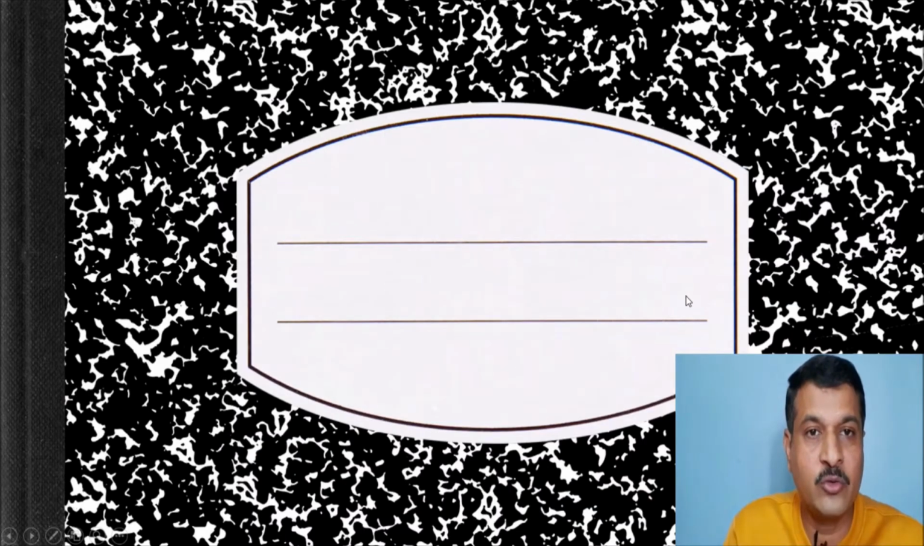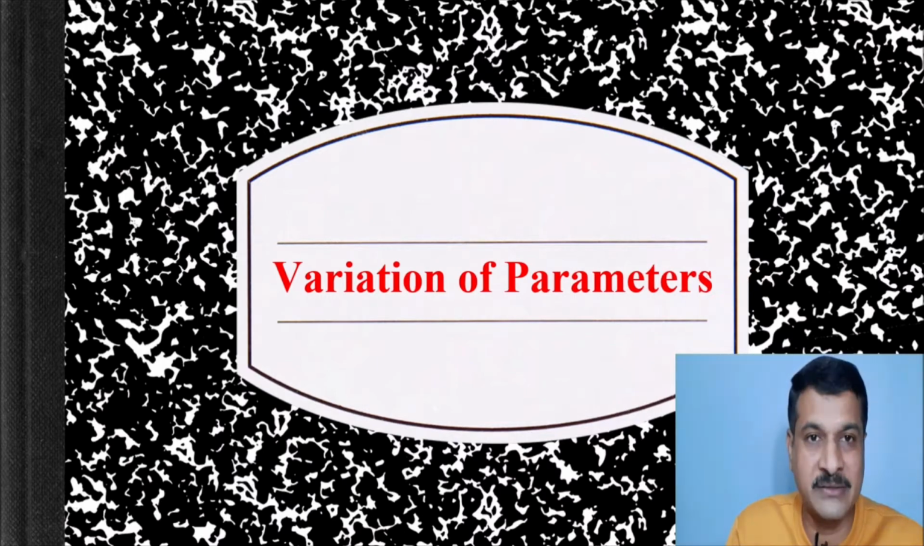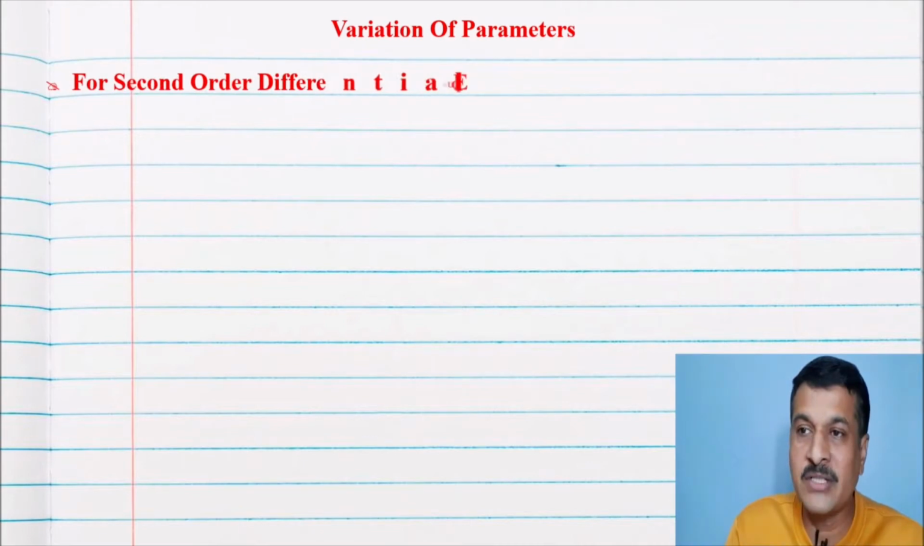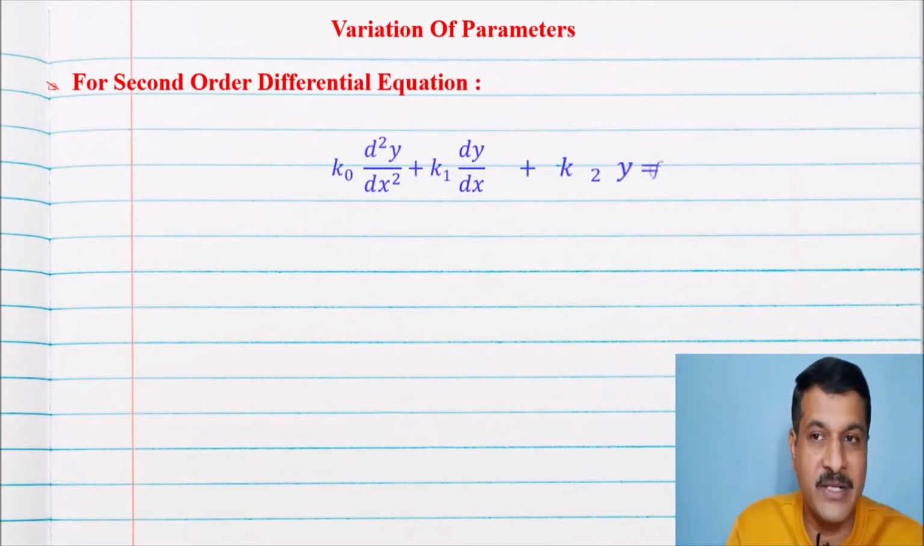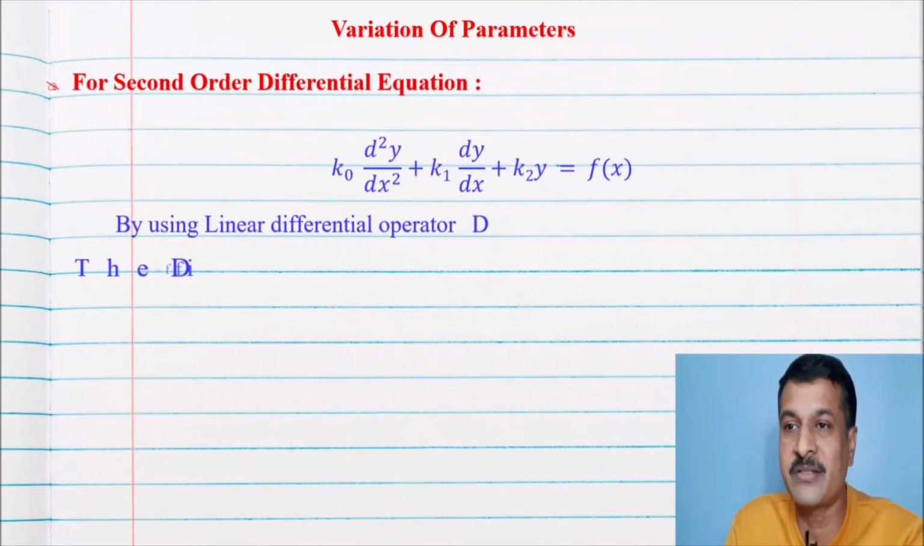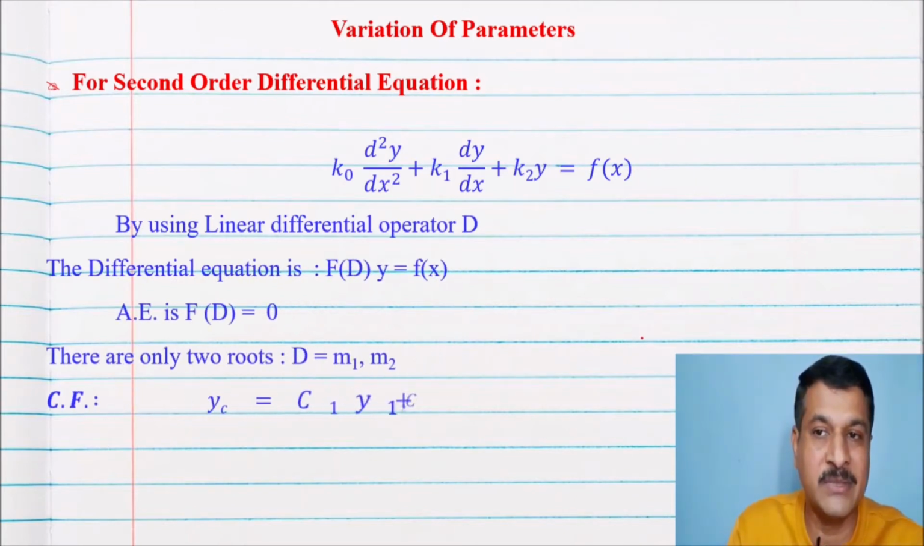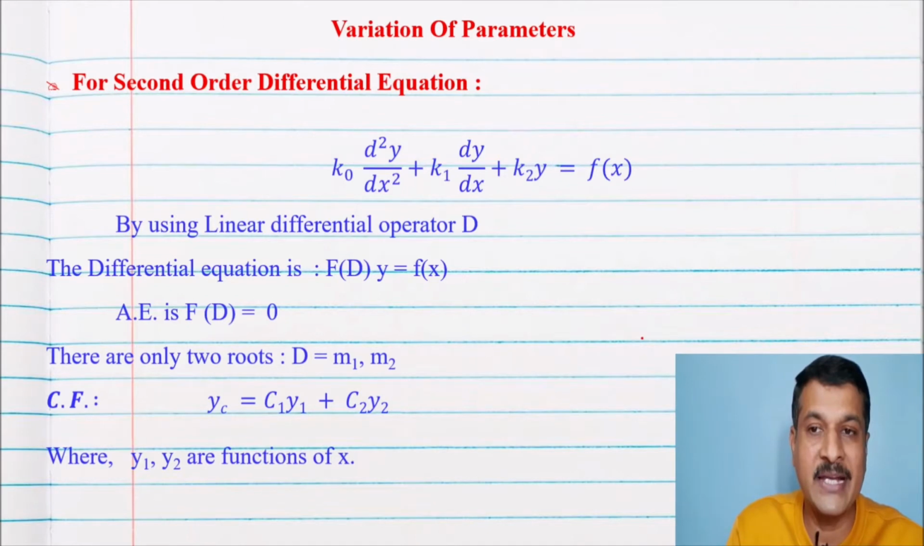As we know, to find the PI, there are the shortcut method, the general method, and one more method, that is nothing but the variation of parameters. So what is this method? Variation of parameters. For a second order differential equation, if we consider k0 d²y/dx² + k1 dy/dx